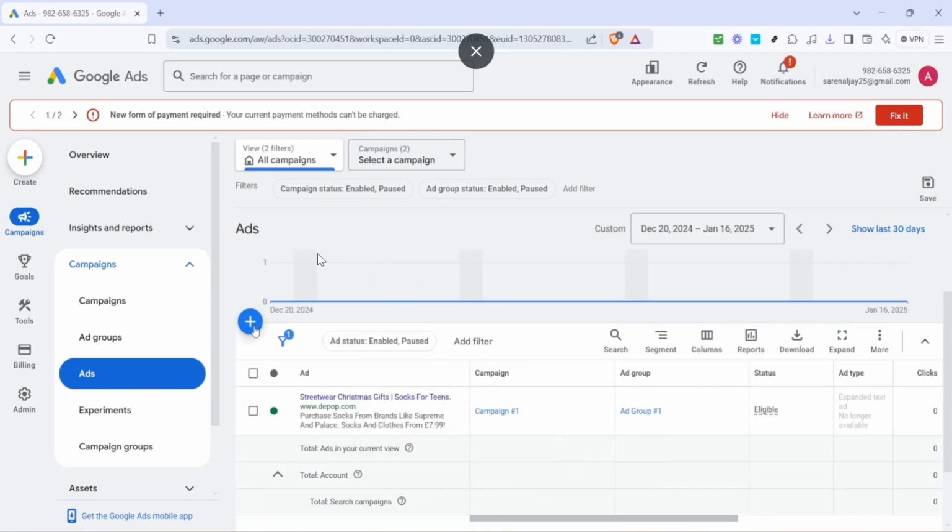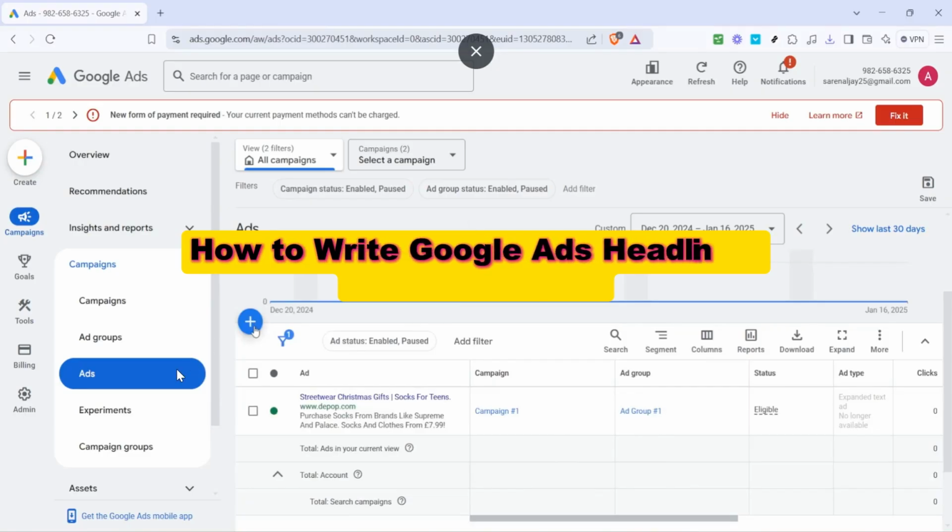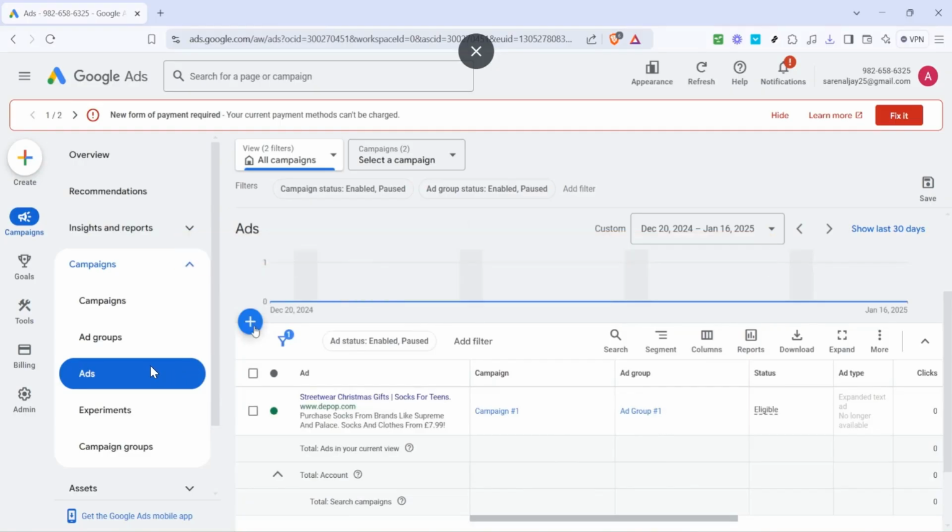In today's video, I'm going to teach you how to write Google Ads headlines that get clicks. Before we jump in, it's important to understand that strong headlines are one of the biggest factors in determining your ad success. They directly impact your click-through rate, quality score, and even how much you pay per click. A well-written headline not only attracts attention, but also communicates value quickly, which is critical in a competitive ad environment. We'll walk through the process step by step, so whether you're a beginner or looking to refine your skills, you're